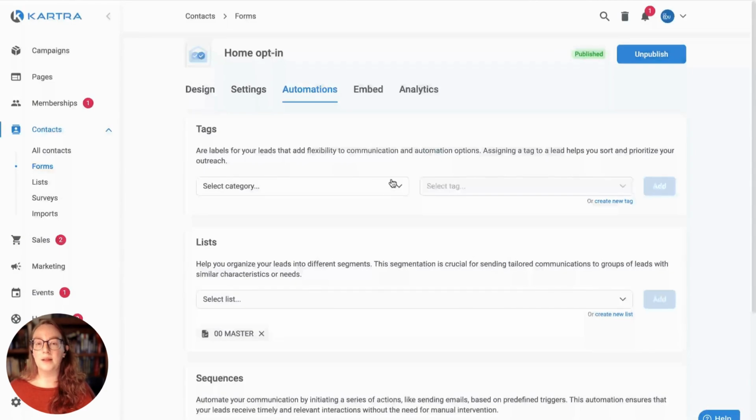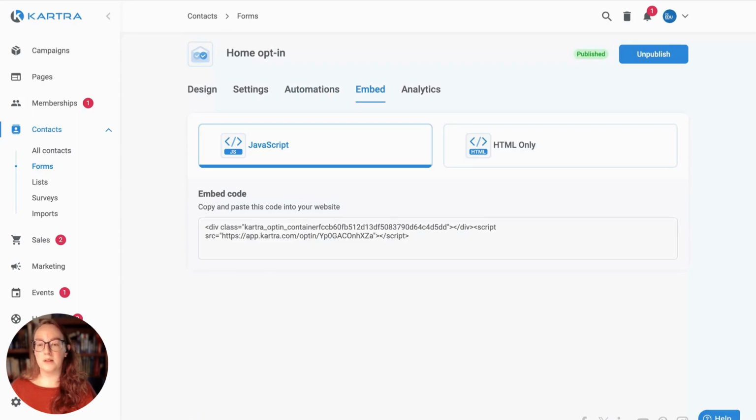And the next thing that we need to do is figure out, okay, how do we use this form? So let me show you that. There are a couple ways that you can do this. If you have a website that is outside of Kartra, hosted on WordPress, hosted in Squarespace, anywhere that you have your website, if it's like a completely custom site,